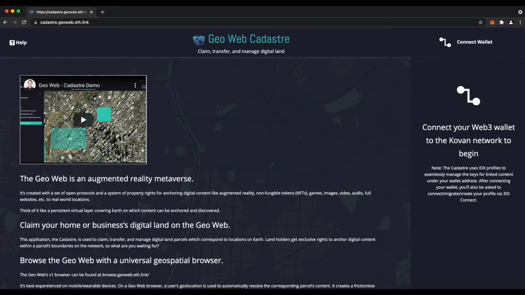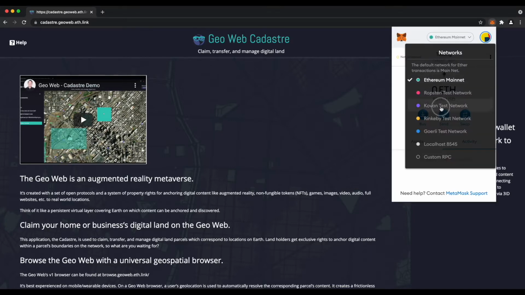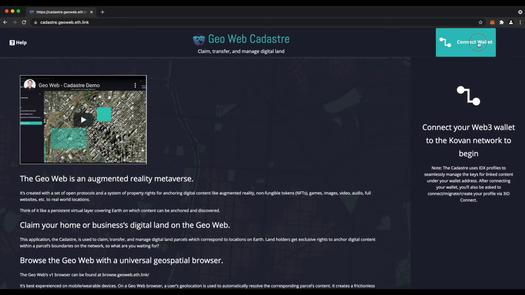The Geo Web Cadastre is our portal for claiming, trading, and managing digital land in our augmented reality metaverse. To get started, we need to connect to the right Ethereum network. We're actually using Coven right now for our testnet. So in your Web3 wallet, navigate over to the Coven testnet, and then we're going to go ahead and connect